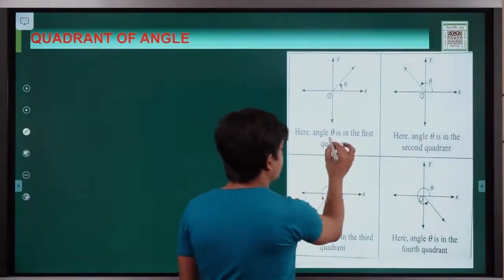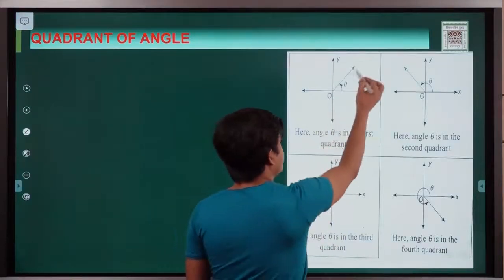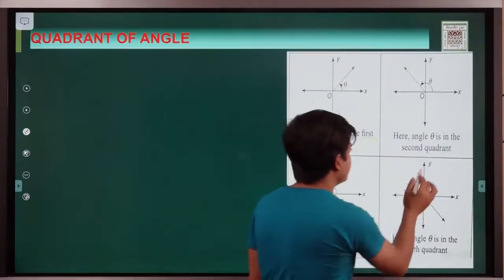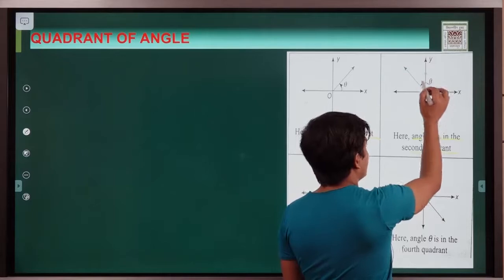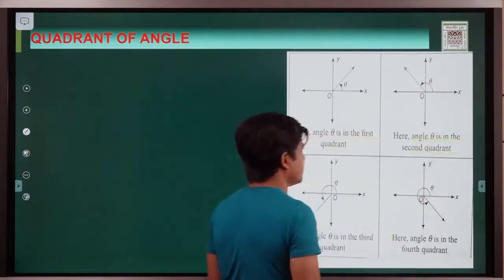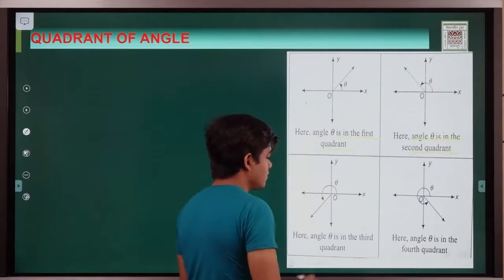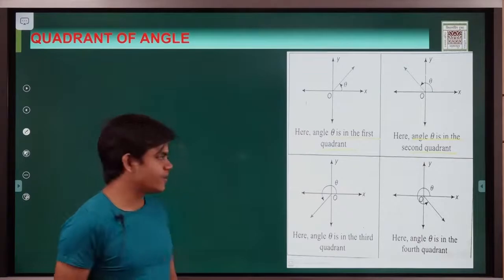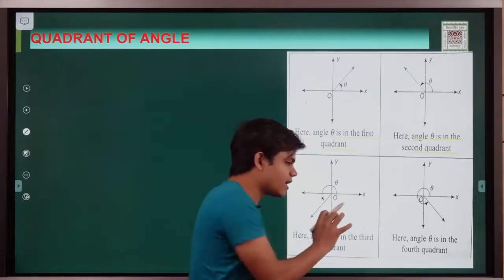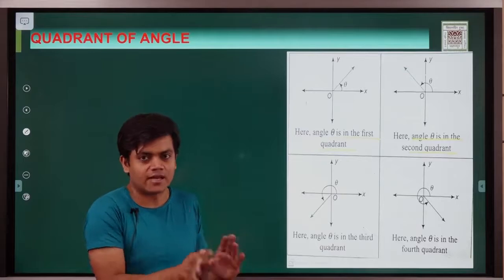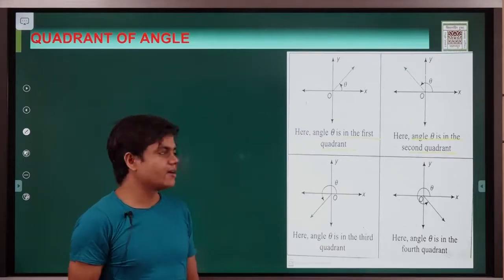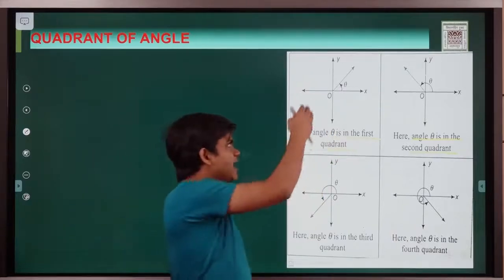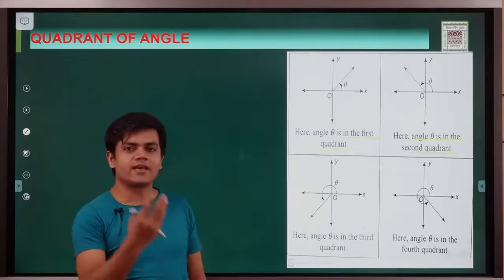So here theta is in the first quadrant. We can see that this theta is in the first quadrant, from 0 to 90. Okay, here theta is in the second quadrant, from, we can say, 90 to 180 degree. Okay, so we have discussed in the previous slide what quadrantal angles are, meaning angles whose terminal side lies on the axis. But the angle can be in between. Okay, so if they lie between 0 to 90, then we say they are in the first quadrant.